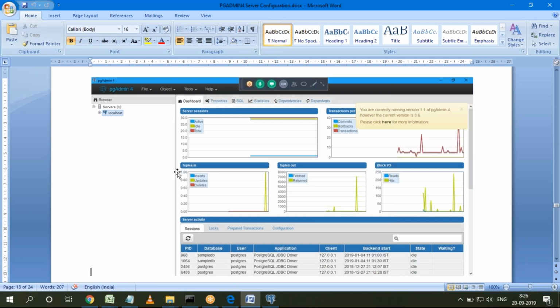In the coming classes you will understand the importance of this connection, when to open the server, what kind of data we can check in the server, and what kind of tables you will have in the server. For now, complete the installation and the server configuration, and be ready with it. From Monday, we are going to start a new project with a new application.